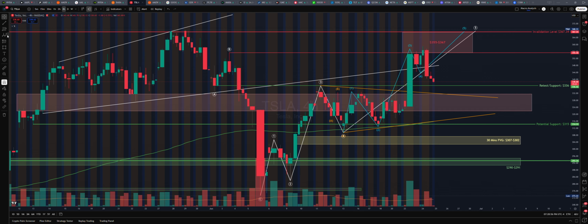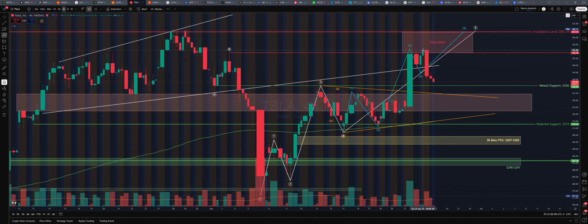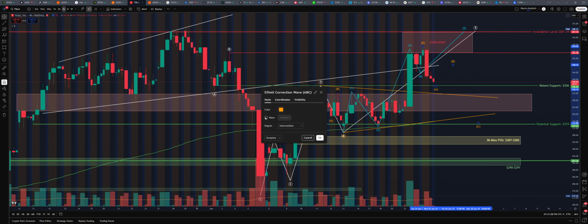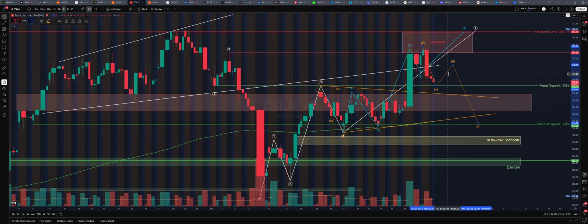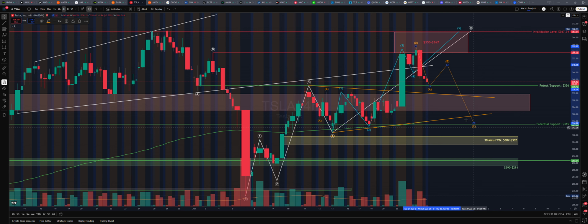So you can even do an ABC retracement, which is a 1, 2, and a 3 to the downside. You can still have that. That's not out of the picture. You can still see something like this play out again on Tesla. So we'll see, because you complete that 5-wave move to the upside, and then you start moving back up again once you complete this test. That's what I'm looking at for Tesla right now.